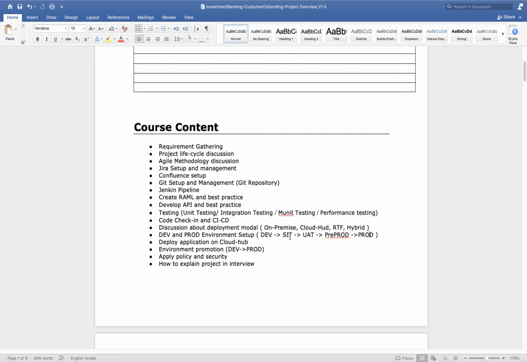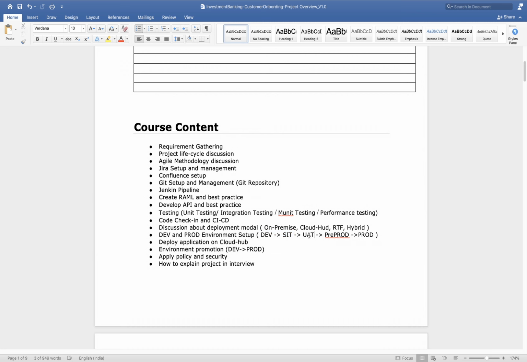For example, you have 100 APIs and they need 3 vCores. If you take a license of 3 vCores, you will get 6 vCores as non-production. Using 6 vCores you can create only dev and SIT. You don't have an environment for UAT and pre-prod. So if you want UAT and pre-prod environments, again you need to pay some amount to MuleSoft and they will give you some extra non-production environments. Then again you need to pay some amount.